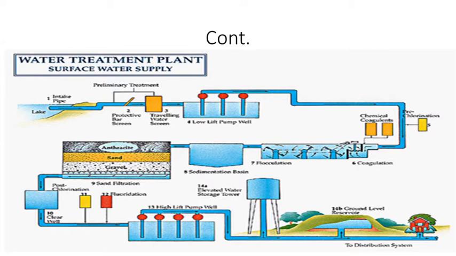Yesterday we discussed the different types of filter. In that we discussed basically two types of filter: the gravity filter and the pressure filter. The gravity filter is also classified into two types, the slow sand filter and the rapid sand filter. As the name indicates, the slow sand filter's process is slow, and for the rapid sand filter, as the name indicates, the rate of filtration is higher. In the pressure filter, we use pressure for the filtration process, so that filter is called a pressure filter.